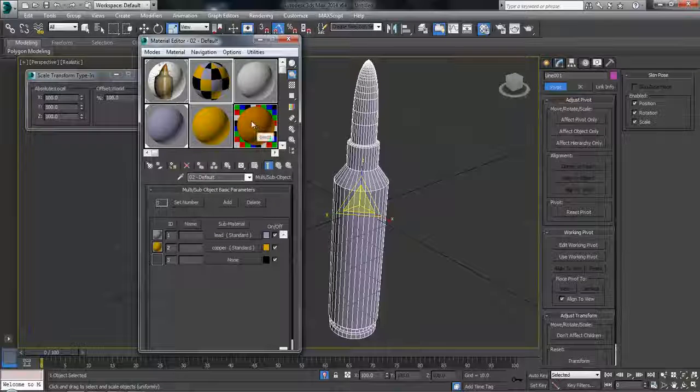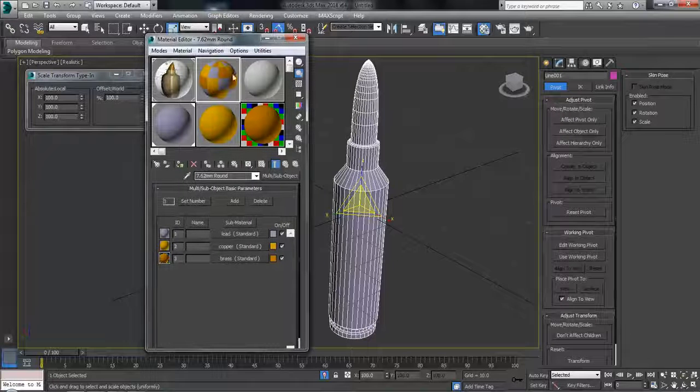Instance. Take our brass and put it into slot 3. And instance. And I'll name this round 7.62. I'm going to put in 7.62 millimeters there just because it sounds really cool. Reminds me of Vietnam. Okay, so you can see now in our multi-subobject material here we have little patches showing